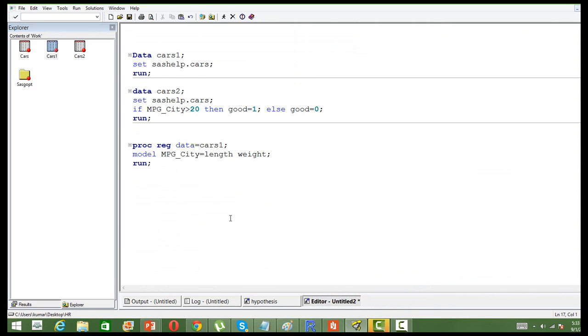When we built the model initially, we just had one independent variable. Now I have got two, and we can have more also, but for simplicity I'm just having two. My dependent variable is mileage, and my independent variables are length and weight. I just want to see how length and weight are affecting the mileage of the car. The syntax remains the same, and I suppose you are familiar with it.